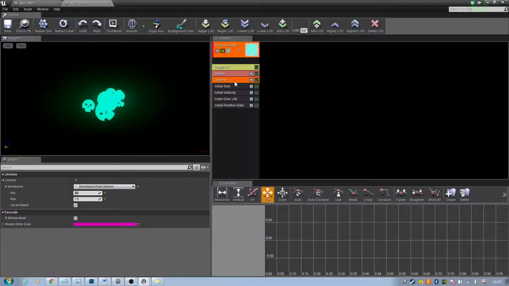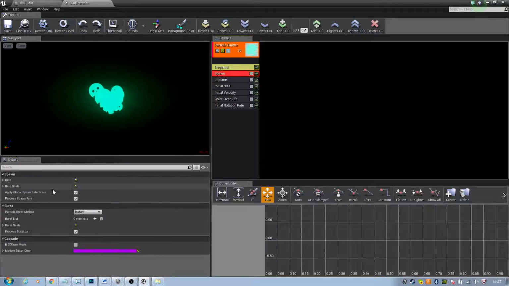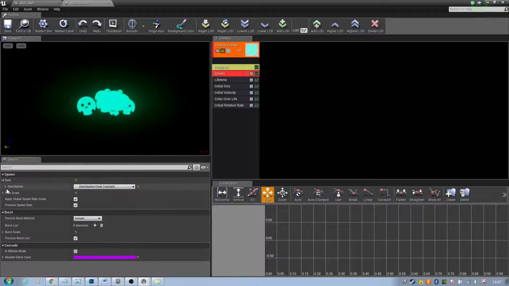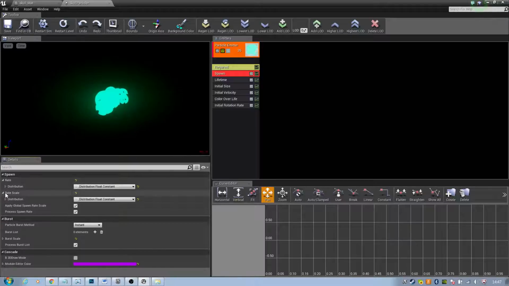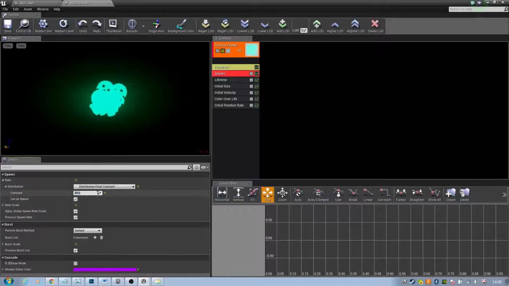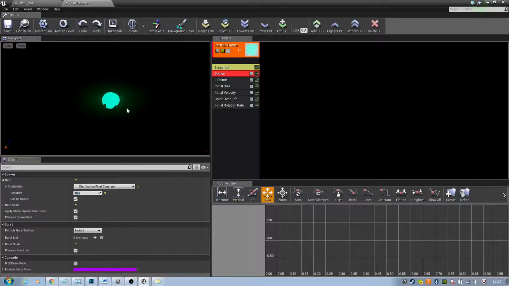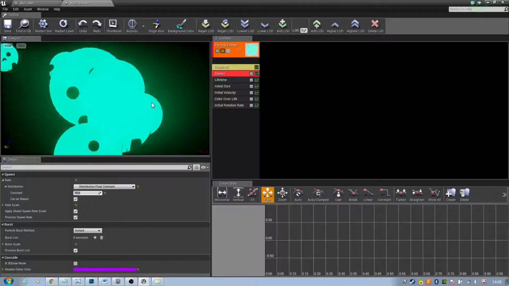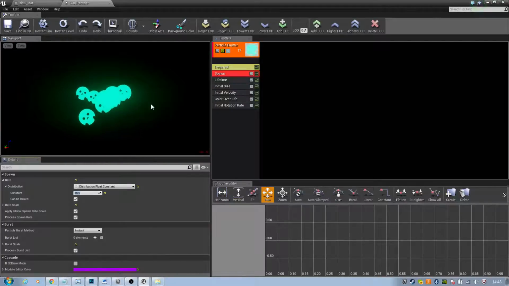Okay, so I've got this nice particle that I've got coming together. I'm also going to knock down the spawn, the creation, just a little bit, because I know I've doubled the lifespan. And yeah, so we've got this nice particle now that we can do some experimenting with and actually